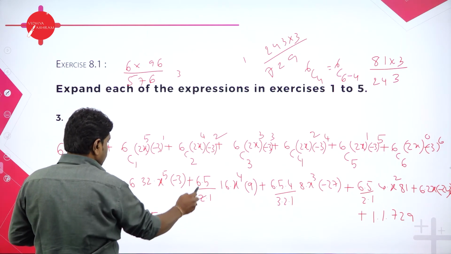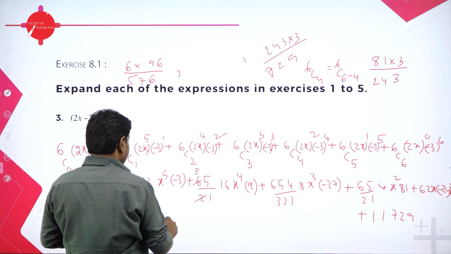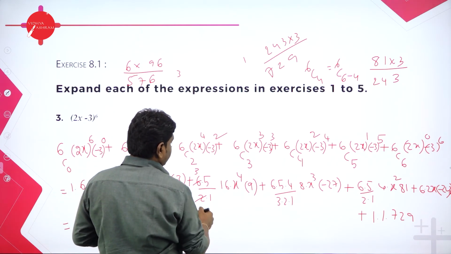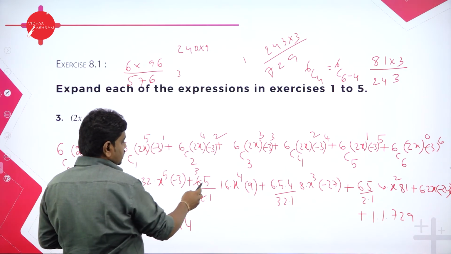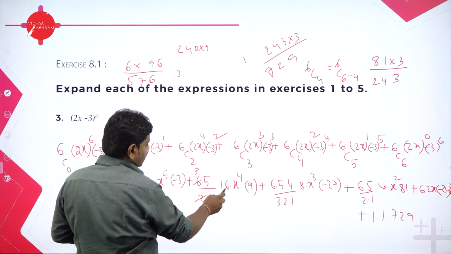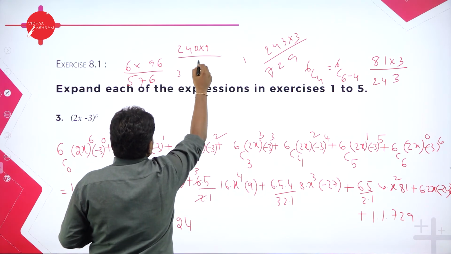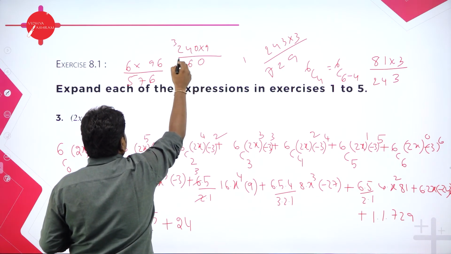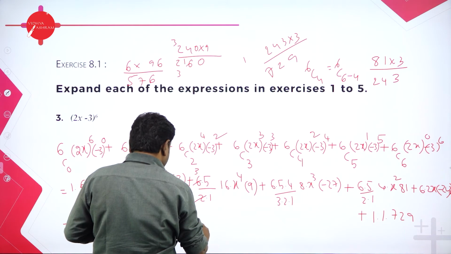x power 5, 2 1s are 2, 3 5s are 15, and 16 5s are 80, 80 into 3, 240. 240 into 9 we have, you can use calculators. Here we have 5 3s are 15. 15 into 6 gives you, 16 into 5, 80, 80 3s are 240, 240 into 9, 0, 9 4s are 36, 9 2s are 18, 18 plus 3, 21, 2160. 2160 it is.